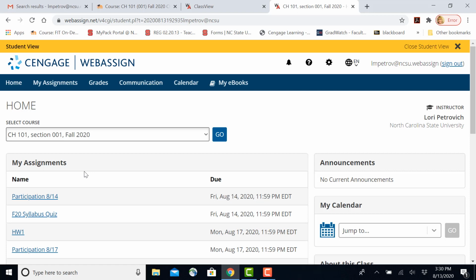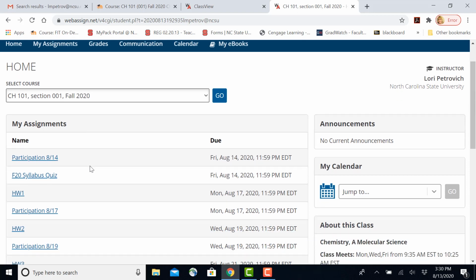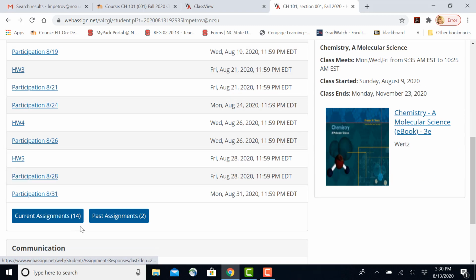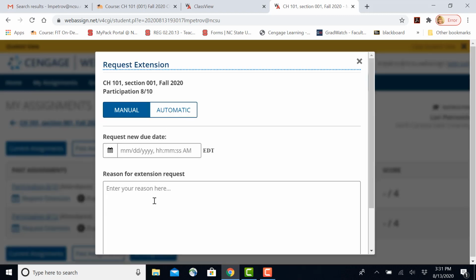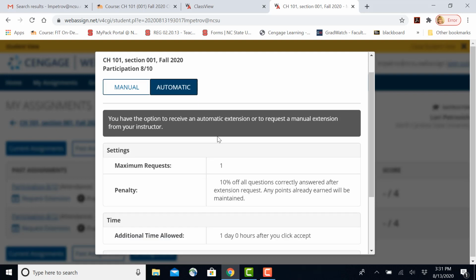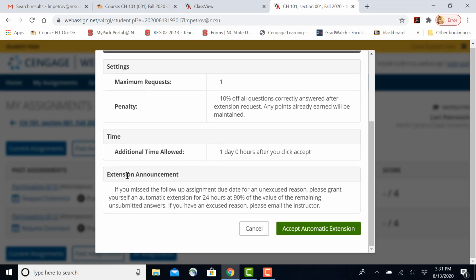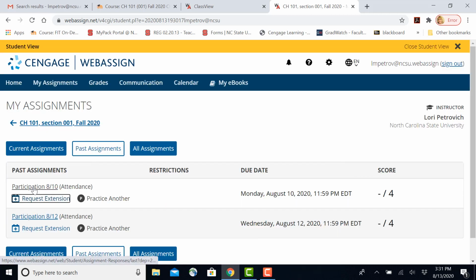When you go into your class, typically you can see upcoming assignments. Did you realize you could go look at past assignments? If you've missed a past assignment and the time hasn't been too great since you missed that assignment, you can request an extension. You can either enter your reason here or use an automatic extension if you have an unexcused reason. If you've completed the assignment, you can click on it